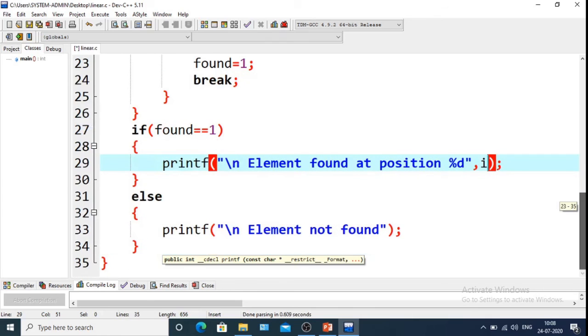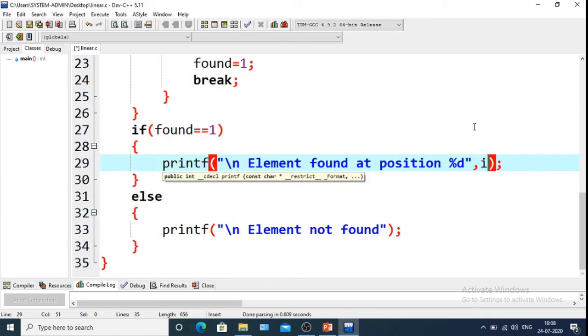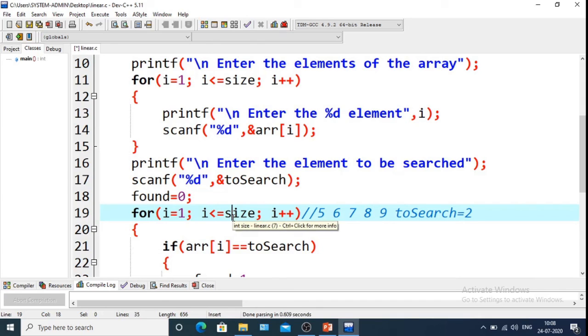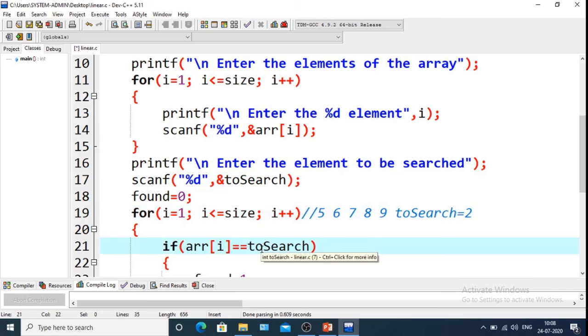And if we do not find it, suppose the searching element is 2. First ARR 1 will be checked whether it is equal to toSearch or not.